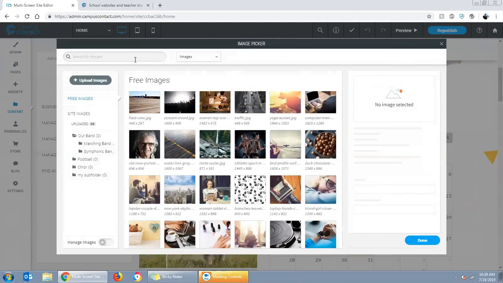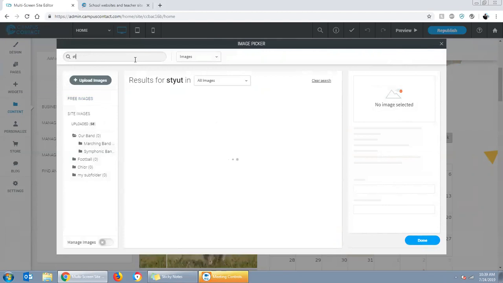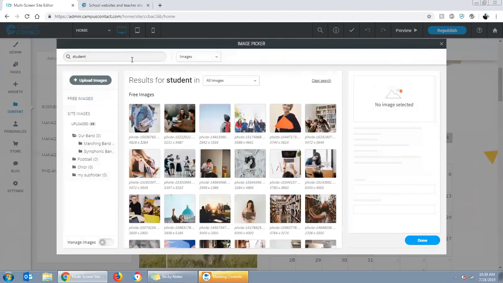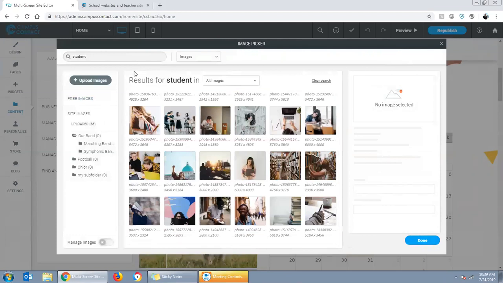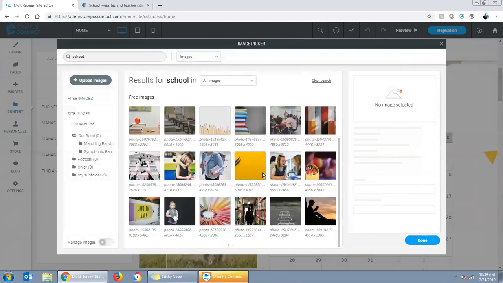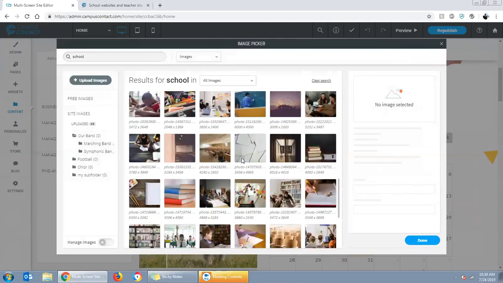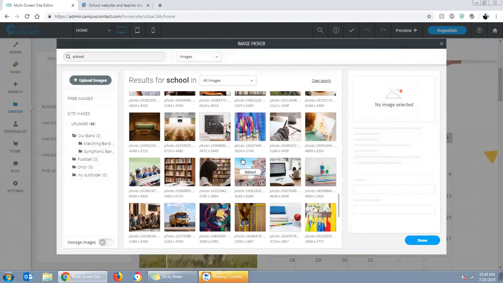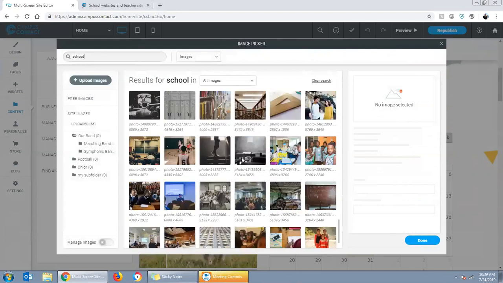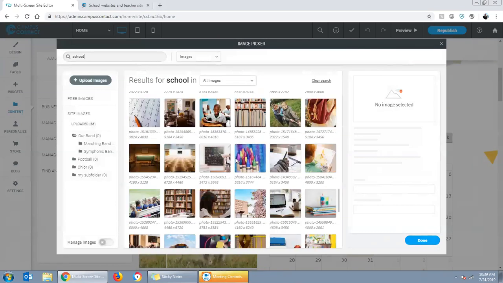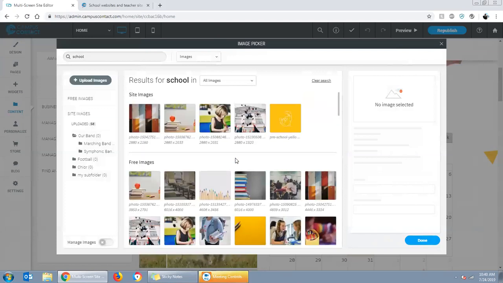So if you want to just type in student, hopefully student, there you go. You'll get pictures of students, maybe school in general. You'll get pictures for school, things related to school. So you've got thousands and thousands of stock images available to you in your image manager already. So that's really nice that you don't have to go hunting and pecking around in Google. These are royalty-free images that you can use at your leisure, and they're all very high quality, really good, resizable,